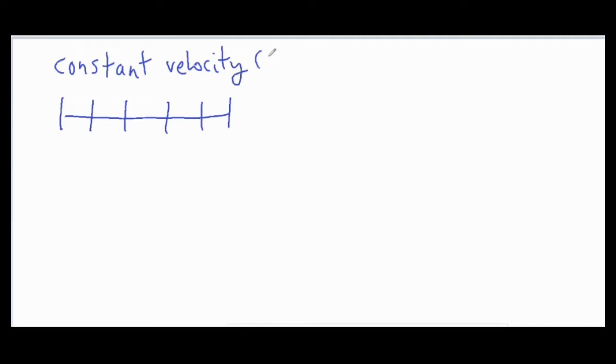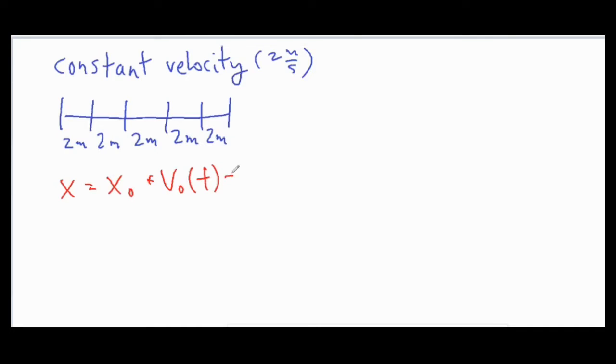So maybe if your constant velocity is 2 meters per second, that means you're traveling exactly 2 meters on the dot every second that you travel. And then with constant velocity, you're mainly just using one formula. If you take a look at the standard AP Physics 1 formula sheet, it'll give you a formula that looks like this, and it says final position equals initial position x naught plus v naught, the initial velocity times time,